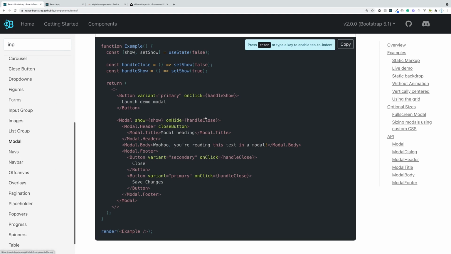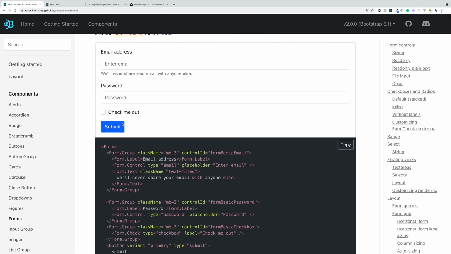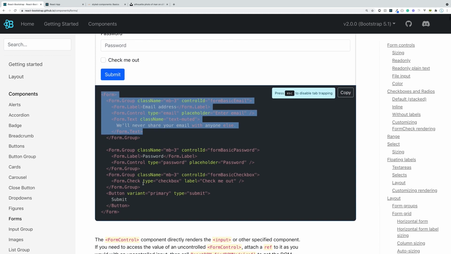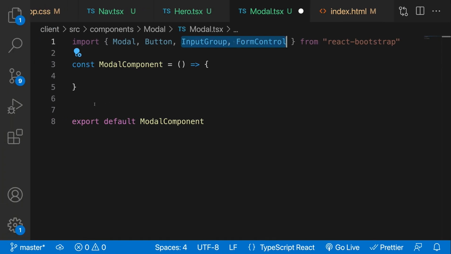Let's see, yeah, forms, and you can see how they do things over here. So they have a form group, and then they also have inputs as well. All right, cool. So in here, what we're going to very simply do is we're going to go ahead and